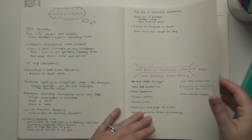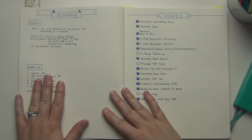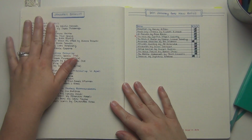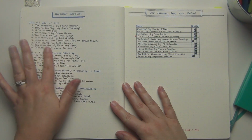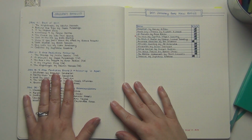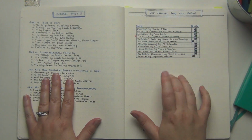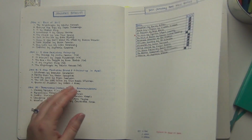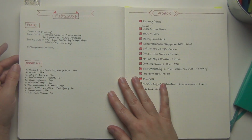I always have a TBR and wrap-up page, a video page, all the videos I want to do each month. And then I do all of our book list, where I kind of write out the books, the topics in the book, so I keep that together. And then here's my book haul revisit. We'll see if that ends up making it into this one. I'm not 100% sure yet. We'll see how I feel